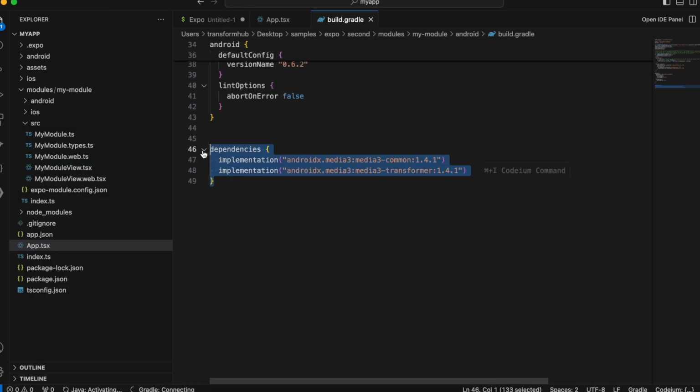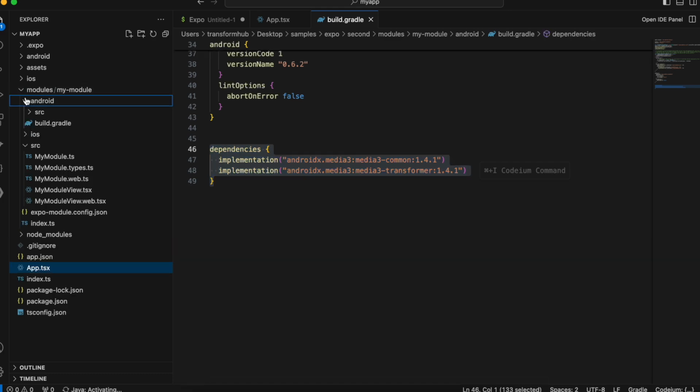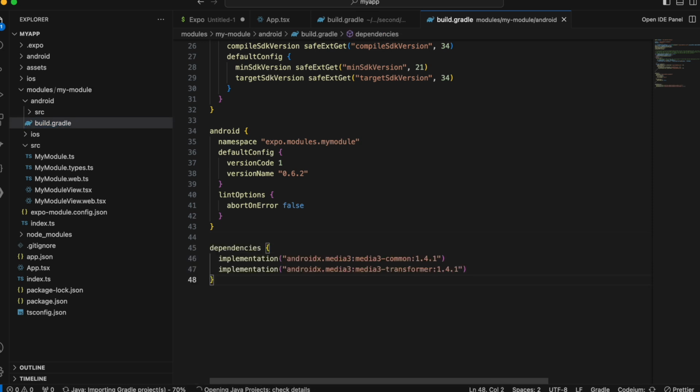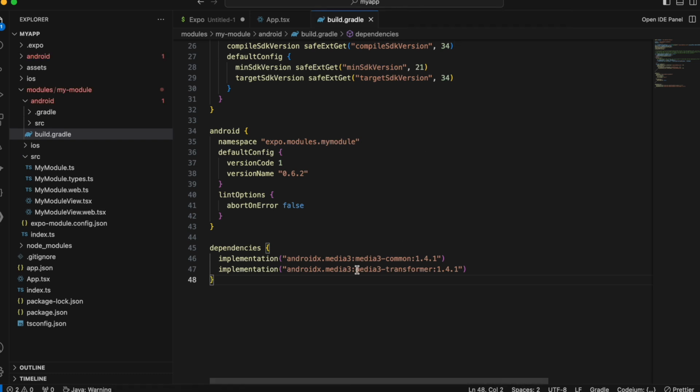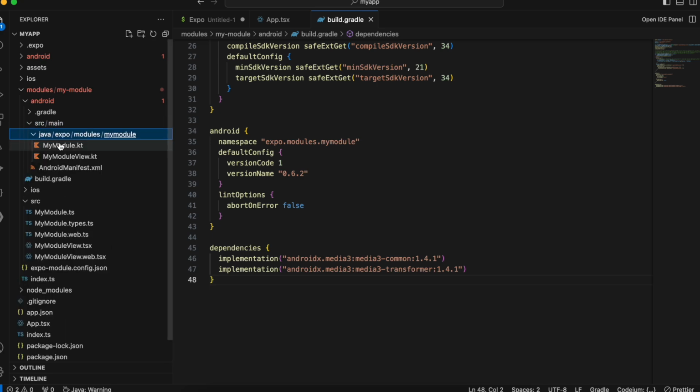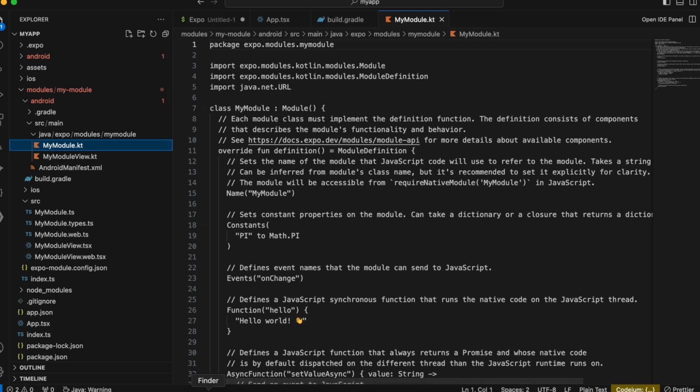So basically what you will have to do is go to the Android folder of your my module, go to build.gradle, scroll down, and paste it over here. Basically we are including this through these two dependencies. This will help us to transform the video. So these two dependencies are very important. These are the Media3 transformer dependencies. Then go to src, java, my module.kt, and firstly